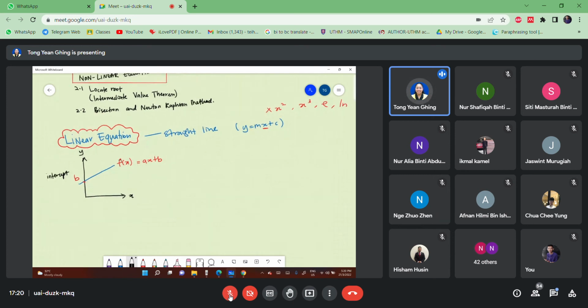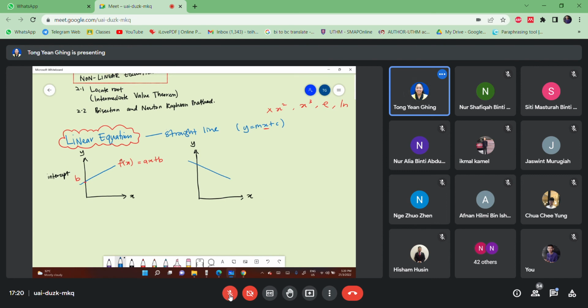Okay, so maybe there is also, it can be positive. The A can be positive because it's a straight line like this, or it is possibly a straight line like this. So if let's say this one, the f(x), the equation will be negative ax plus b. That means the degree of x is equal to 1. So it becomes a straight line. So if it is a linear equation, we want to find the value of x or y, it will be very